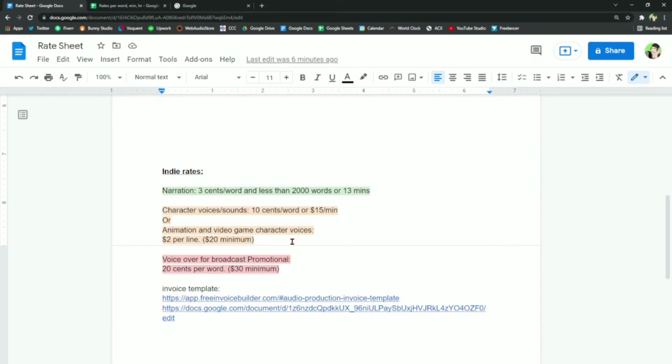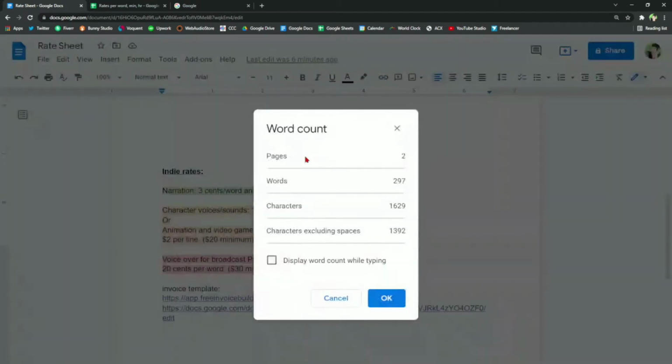that script and I put it into a Google Docs document just like this. Brand new, no formatting, no special text or size or anything like that. And I paste it in there and then I do a word count. And that tells me how many words are on the page. And I do that just for the script.